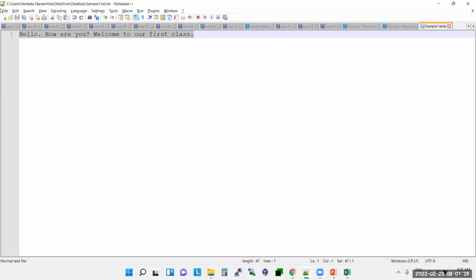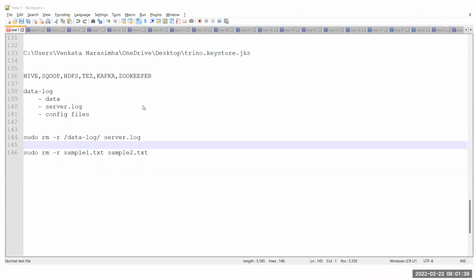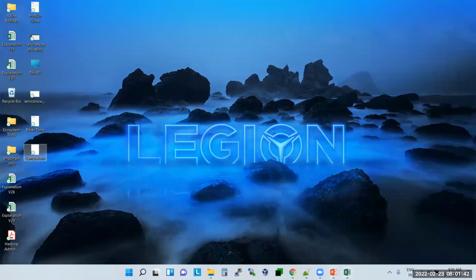But in the hard disk, is it in one place, or is it in 5 pieces? It will be in five pieces. Inside the hard disk, it is like 5 pieces. But for me, it is showing like one line. But inside the hard disk, it is like 5 pieces. Understood?